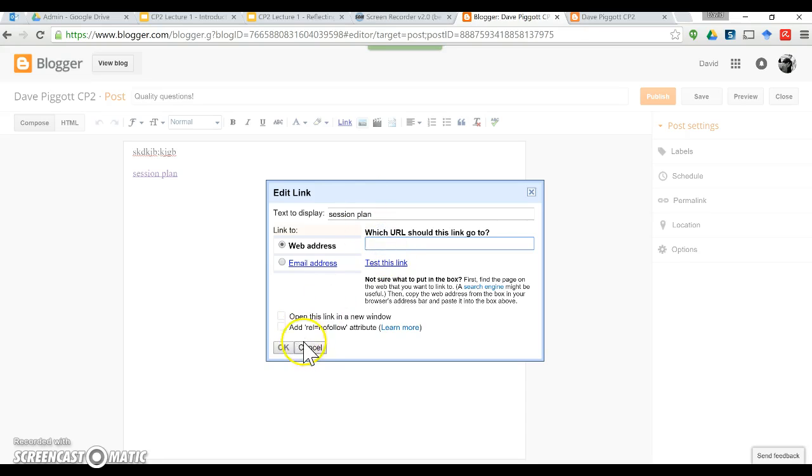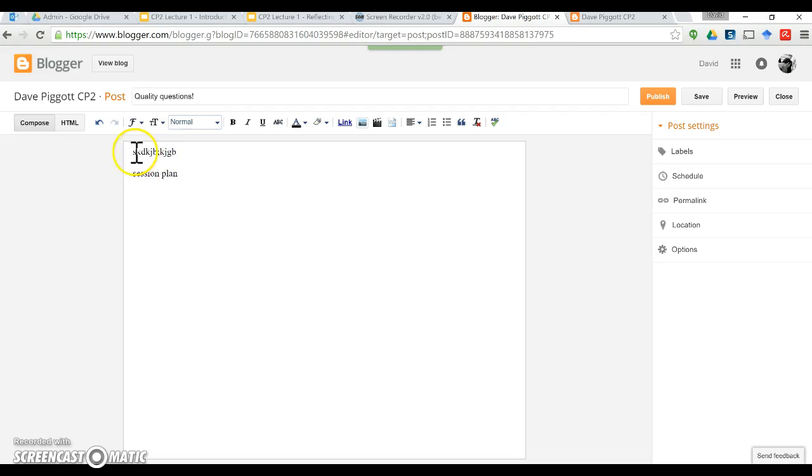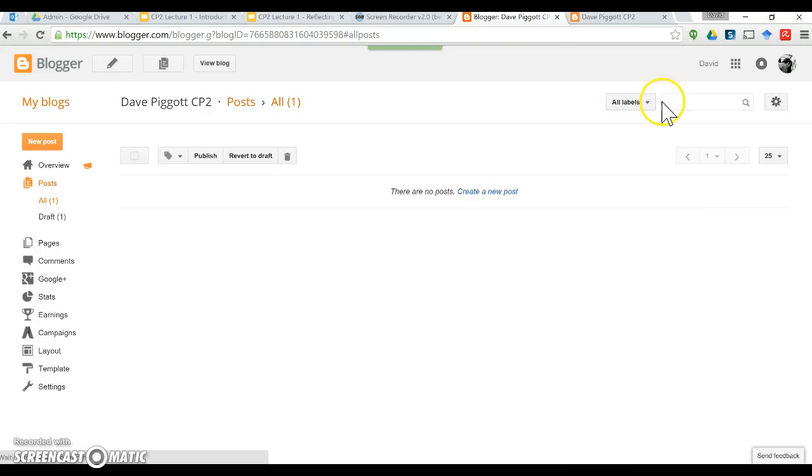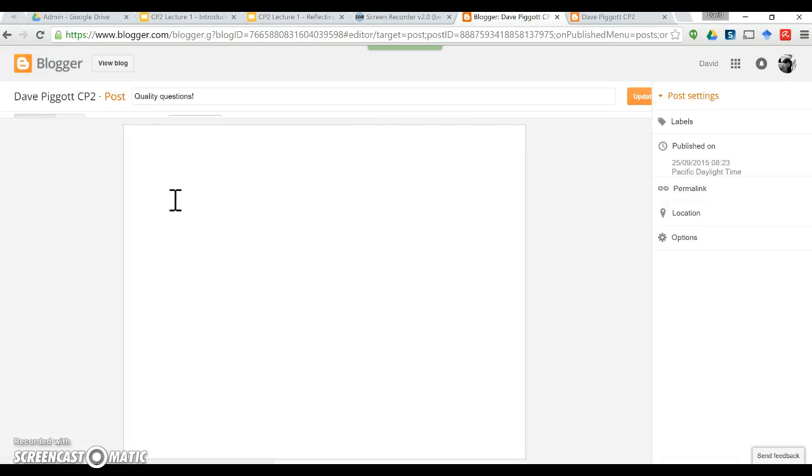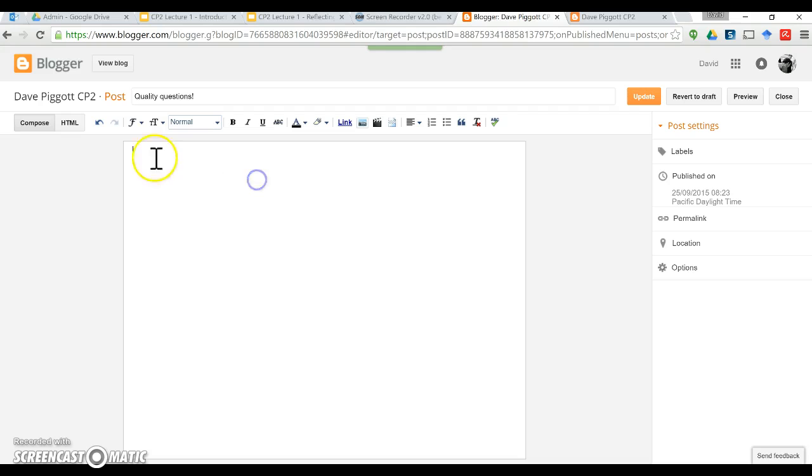Okay, so there's all kinds of things you can do. Hopefully we should be able to make them fairly dynamic in here, and so we can keep the posts looking good. Obviously you can just go in and edit these, so if you wanted to go back at some point in the future and edit this and tidy it up, or maybe add some pictures and bits and pieces in,